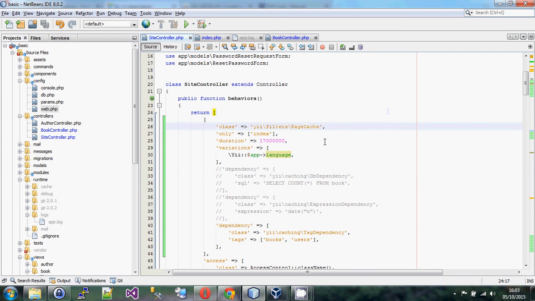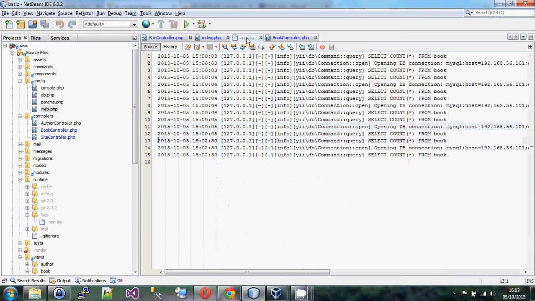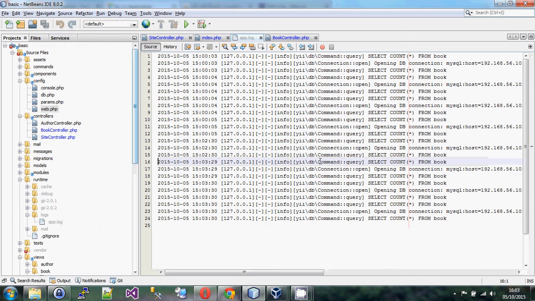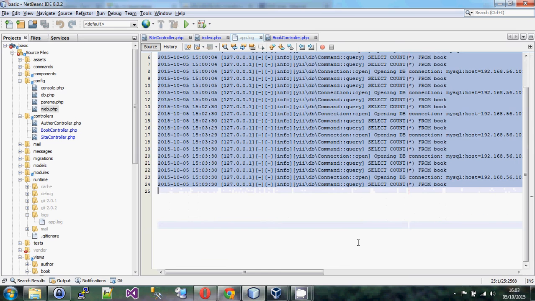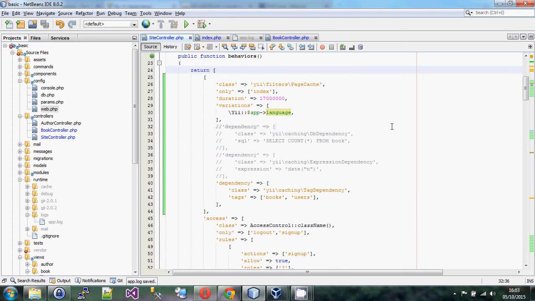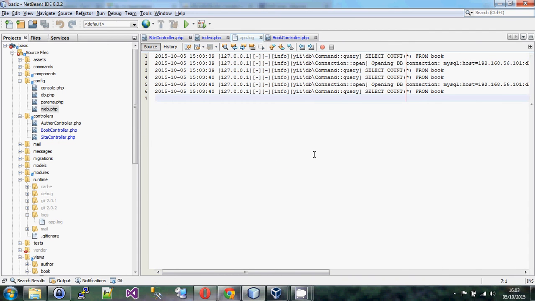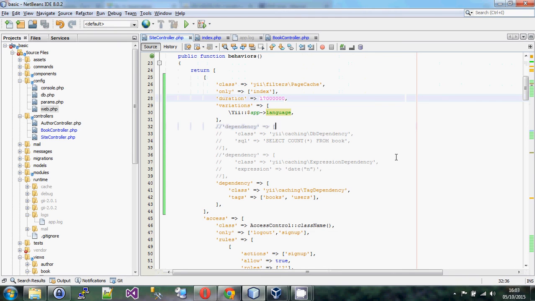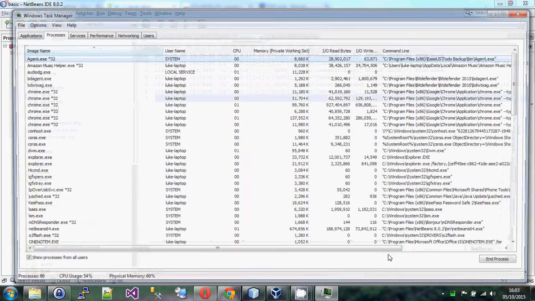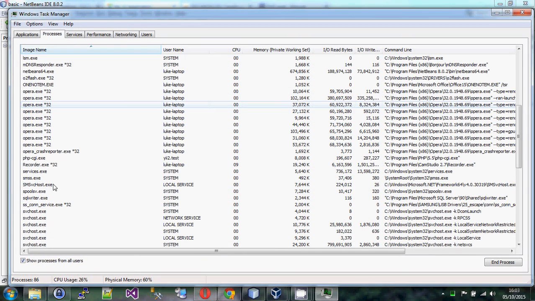So I should probably get this to work. Let me just check first that that's still all working. It's fine. Still, why is it still? It shouldn't be selecting star from book, I don't think. That's interesting. Count star from book. Oh, I think it's because the cache is still valid from the previous time. So let's just go and kill off PHP